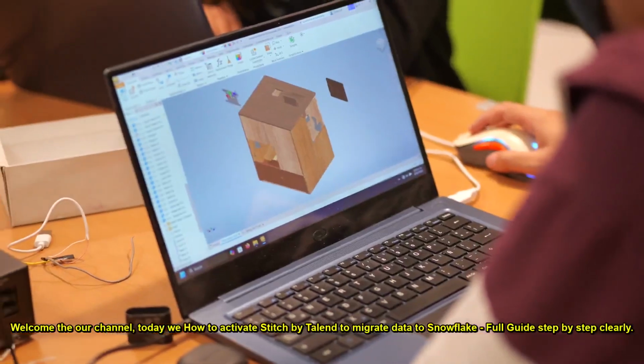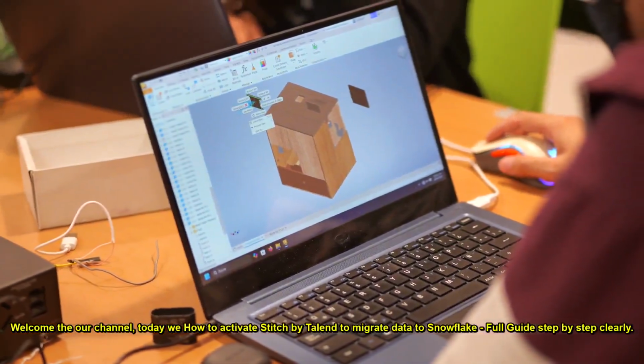Welcome to our channel. Today we show how to activate Stitch by Talend to migrate data to Snowflake, full guide step